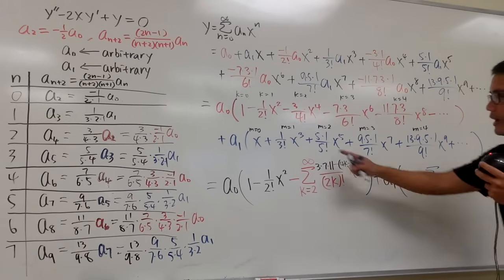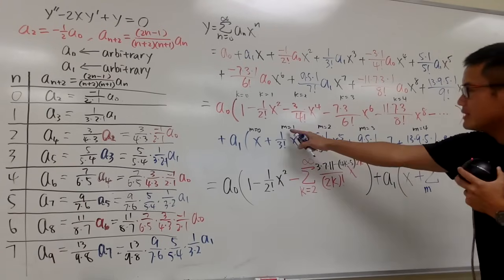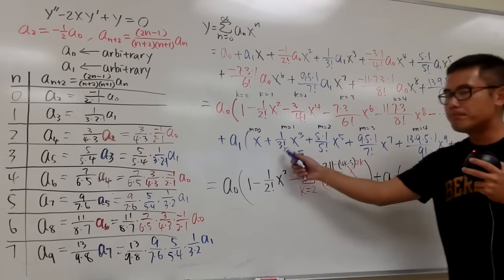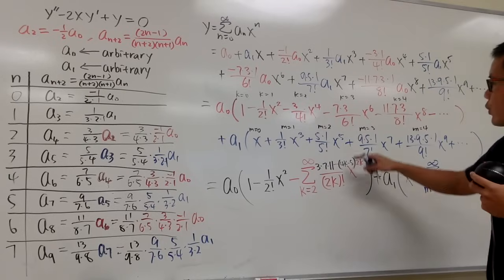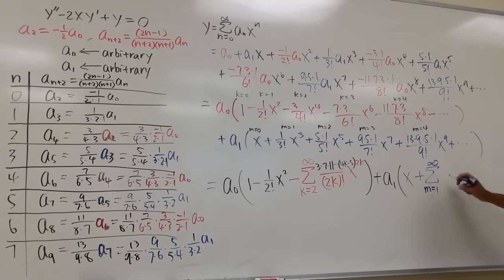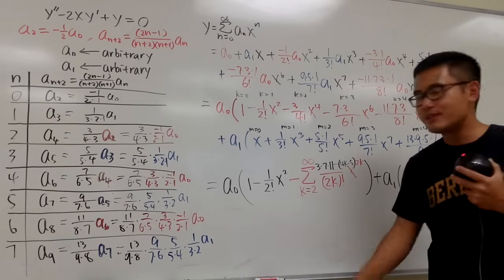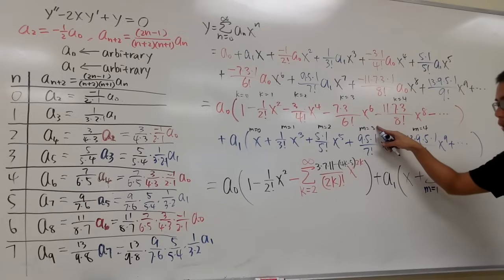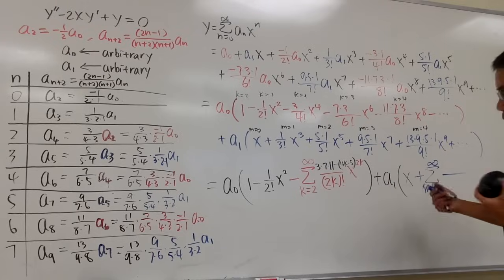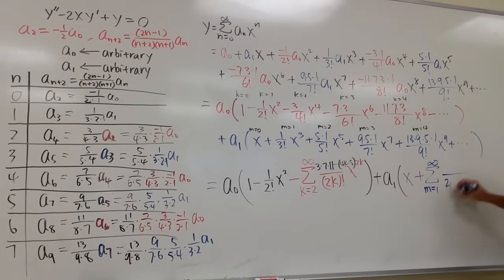Okay, so I want to write a formula for all this. That means m starts with 1, and then of course we go out to infinity. And for the bottom, we have the factorial, and you see when we have 2, we get 5. When we have 3, we get 7, right? You know that's the numbers, right? So you can just do 2 times the m value, and then plus 1. 2 times 3 is 6, plus 1, we get a 7, and put a factorial, right? So therefore, this is going to be 2m plus 1 in the parentheses, and then put a factorial at the